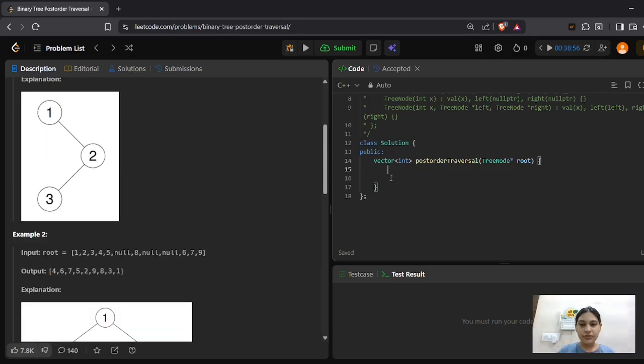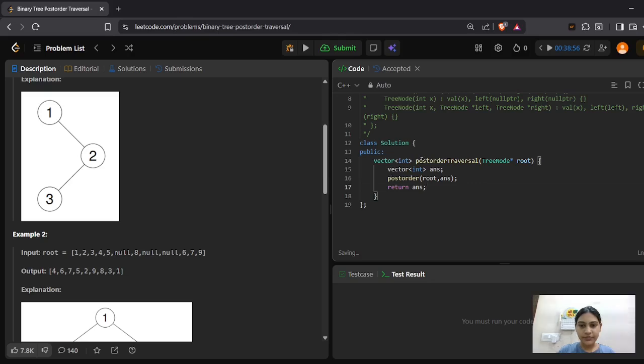So in the function, we are given that we need to return a vector. So we'll store our ordering in a vector. We define a vector, suppose it's answer. And we make a function call, that is, we are calling another function, for example, post order, and we pass the root node and the answer. After completing the entire traversal, we return this answer vector.